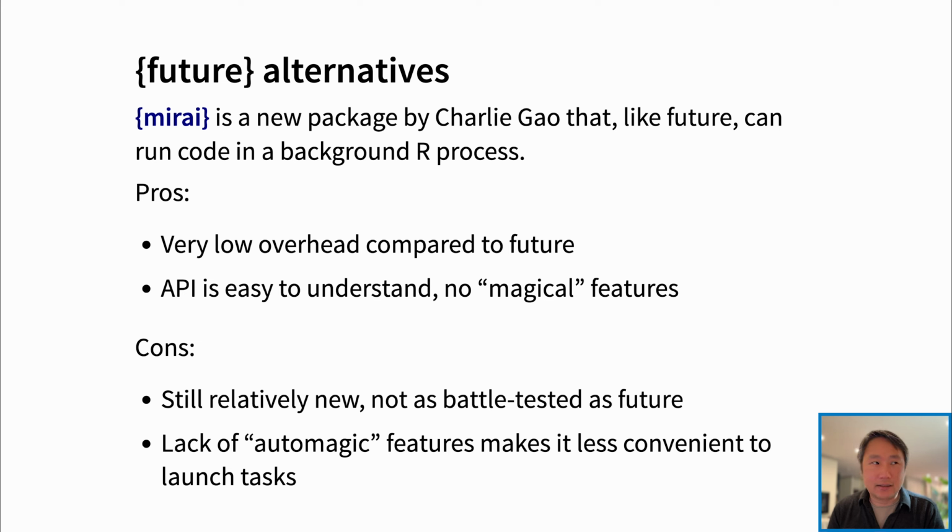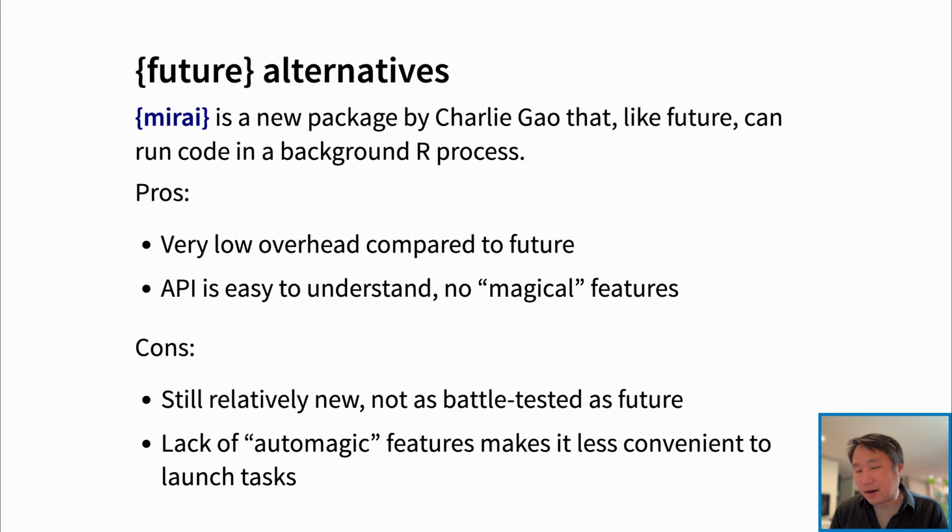It doesn't magically slurp in whatever variables you happen to be using inside of your code chunk. It won't automatically load packages for you that it can see that you need. Instead, you give it basically an expression that's going to be evaled in some R process. And if that expression uses variables or even functions that are not just going to be provided by R, then you need to provide them yourself. You need to tell Mirai, here are the variables and functions that you're going to need. Please make them available over on the other side.